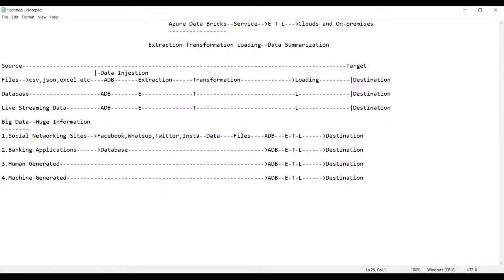Now, guys, these are the various sources of getting big data: social networking sites, banking applications, human generated data, and machine generated data. Live streaming data is just like the stock market data, or more simply, a cricket match. In that you have the live score, which is called live streaming data.